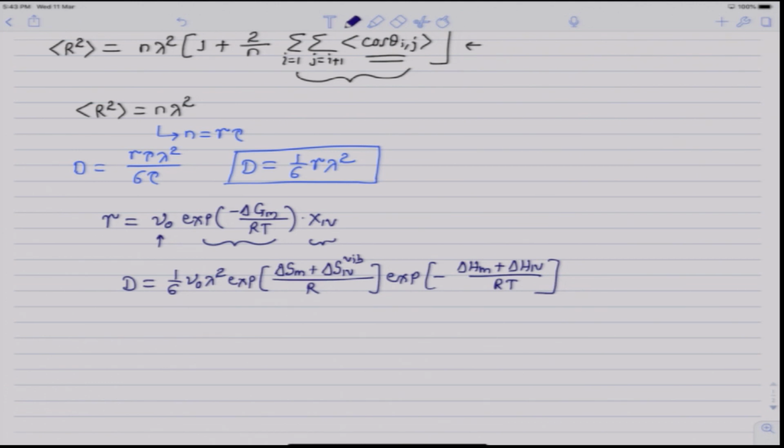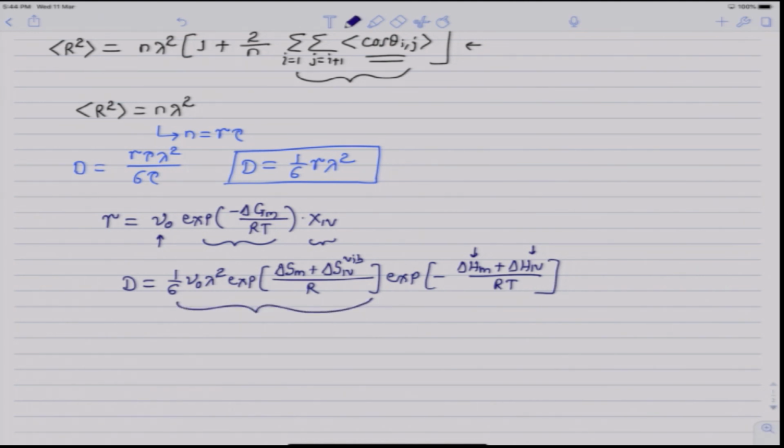Here delta Hm is the activation enthalpy of migration, delta H1v is the enthalpy of mono vacancy formation, delta Sm is the entropy of migration, that is the difference in the entropy of equilibrium state and the state of saddle configuration, and delta S1v vibrational is the vibrational entropy change associated with a mono vacancy formation. Now, if you see